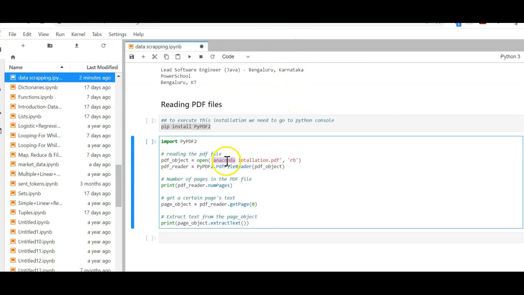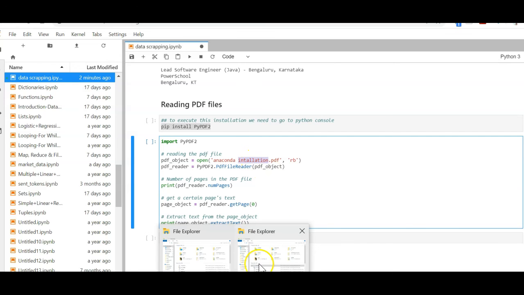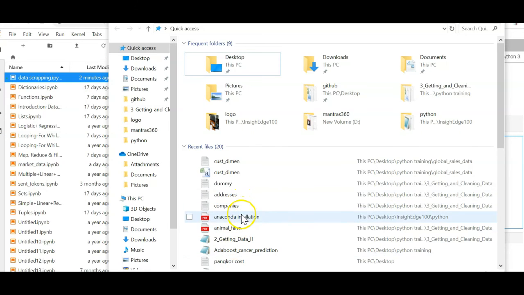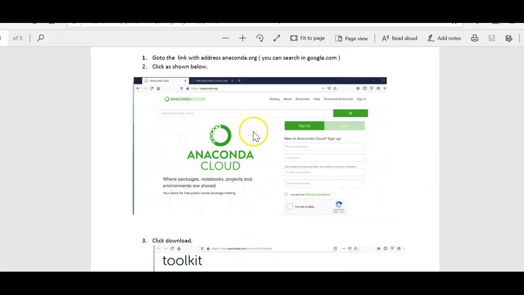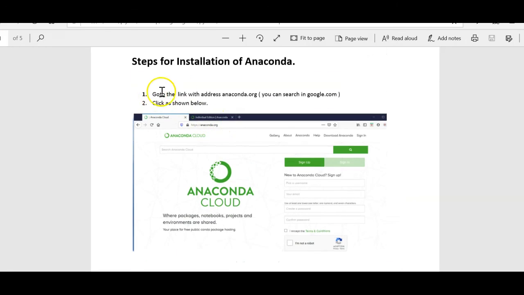Okay, now I have this file, anaconda installation.pdf. Let me show you this file. So I have this Anaconda installation PDF file. Now I want to read the data from this file.